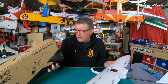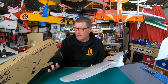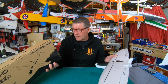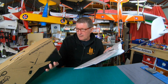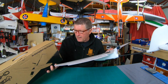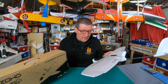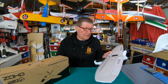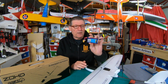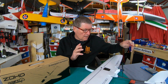Recommended battery 900 to 1500 milliamp hours on 2S, or the lithium ion pack 18650. 3S version, same motor. It has the 3x5x3 prop, and the recommended battery is 3S 1800 to 1100 milliamp hours. I've been flying it so far on the 2S. Absolutely love it. I was flying quite happily using a 1300 milliamp hour Nanotech battery 2S, and the weight with